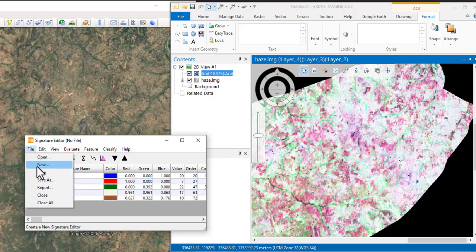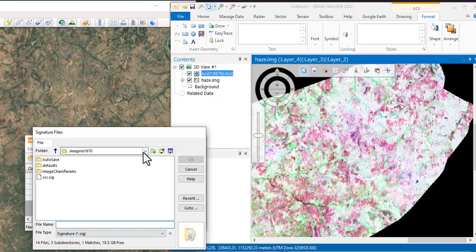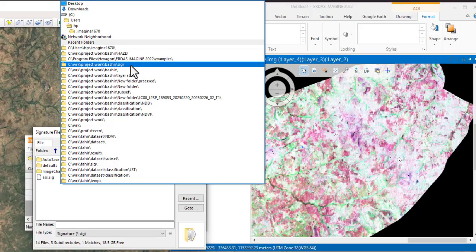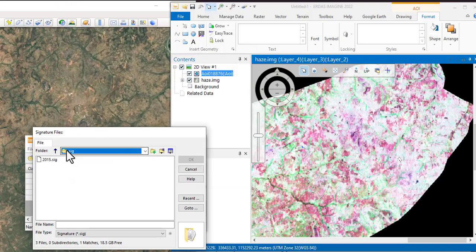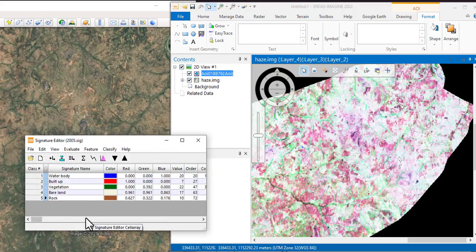So you can click on file and what? Save it. Okay? You save it because that's what you're going to use to do classification. So you see this is 2015. I have 2005. So you save the signature so that you can come back to it at any time and use it to run. I can send it to you. All you need is to have that same image, then use it to run the